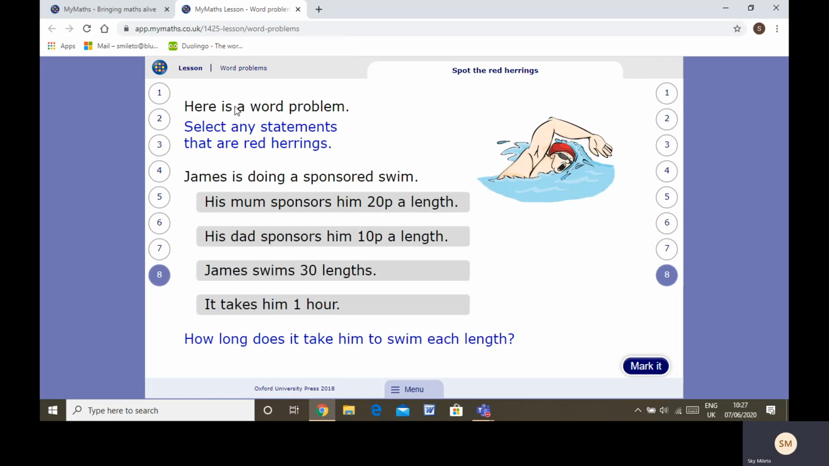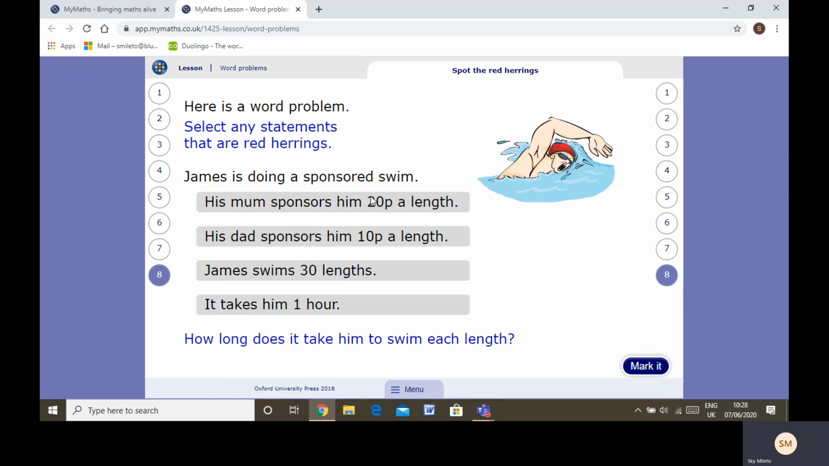So here's another word problem. We've got to select any statement that is a red herring that we don't need. James is doing a sponsored swim. His mum sponsors him 20p a length. His dad sponsors him 10p a length. James swims 30 lengths. It takes him 1 hour. Now we're thinking about the money because it's a sponsored swim, and we need to know how much and how many lengths he does,